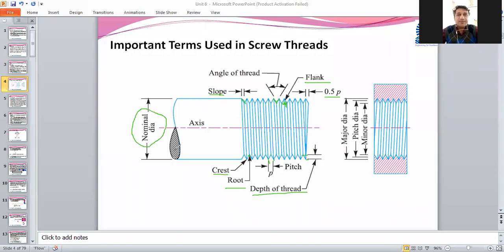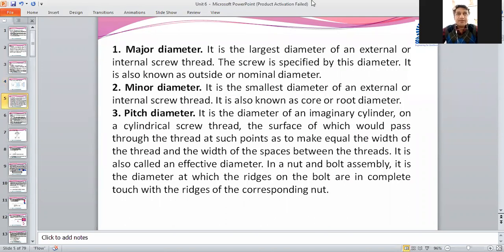Now see, this normal diameter and the major, minor and pitch diameters might be different from each other. Sometimes we have a larger diameter for this normal diameter, sometimes it may be less than any of these three diameters. Getting? So this is a separate term which we can see in case of these bolts. Any doubt regarding the slide, all the things which we have seen on that diagram?